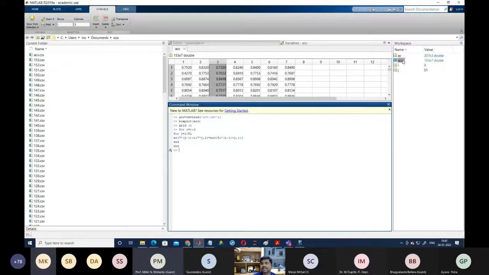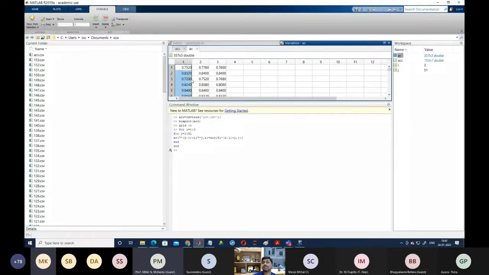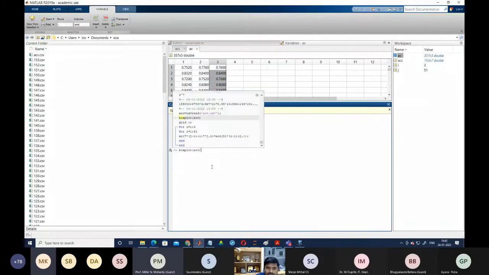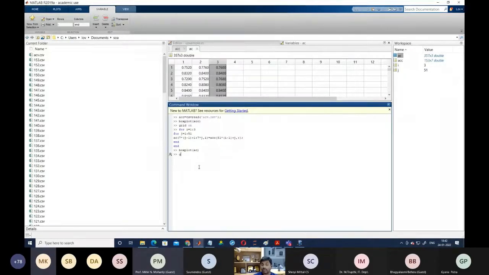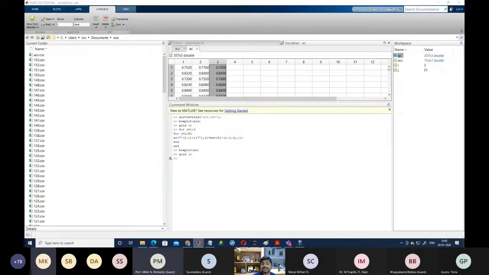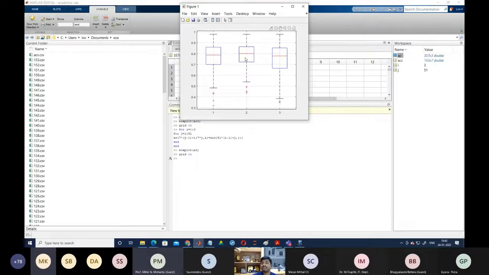So now you can see, this is the performance we are getting when we are using all features. These are the performance we are getting when we are using the significant features, and this performance we are getting when we are using the genetic algorithm. So again, if you are going to write the box plot of ACC, you can easily check that in the case of significant features, we are getting the better result as compared to all features. If we write grid on, then we can easily observe that with a smaller number of features, we are getting the better result as compared to this one.